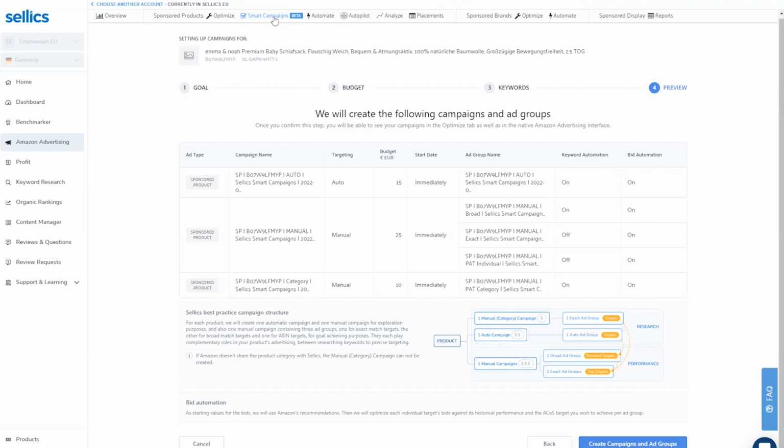Now, besides the smart campaigns I just showed you, of course, we have a lot of other features that help you to boost your advertising ads. Like we have an automation feature where basically you can create your own rules. Let me just give you an example.